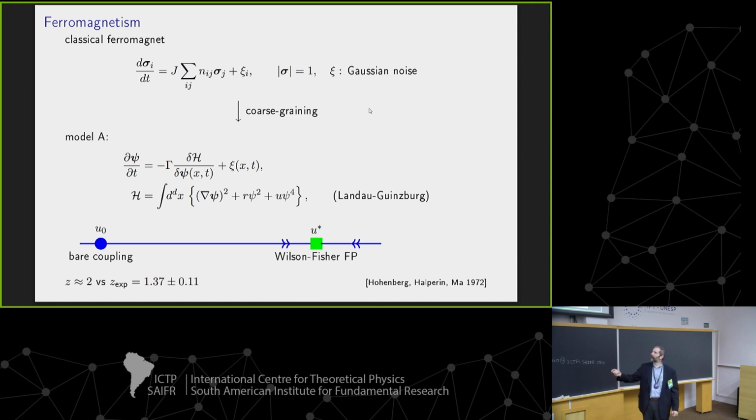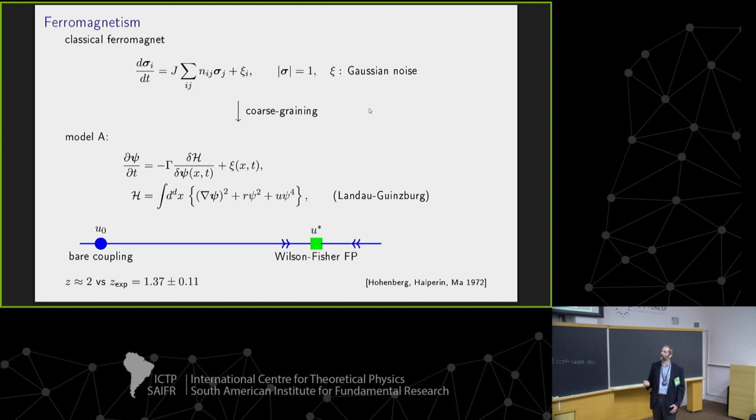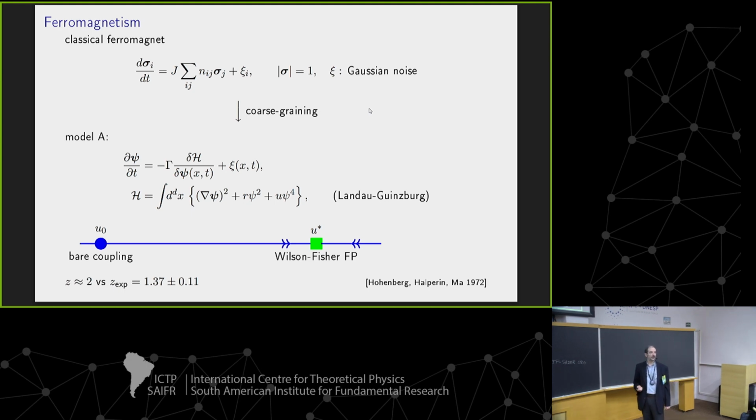So one can as well start with a mesoscopic theory because it's much more convenient from the analytical point of view. So that's what one does. And so one starts with this. This is the Landau-Ginzburg model, which we know the statics of this model will give you the classical ferromagnet. Well, this actually will be a vector field. And one can,